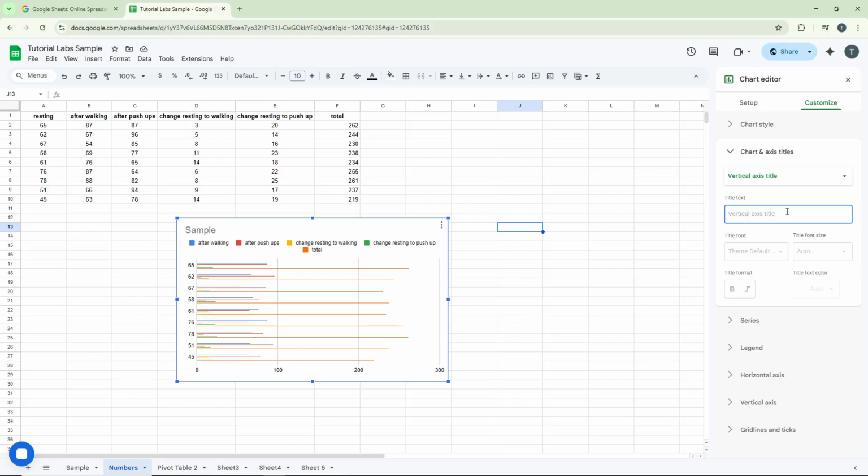For example, if your chart shows resting heart rates, you might type resting in this field. The text you enter here will immediately appear on your chart's vertical axis. And that's it. You've successfully added a text label to your chart in Google Sheets. Your chart now has a clear, professional label that helps viewers understand exactly what the data